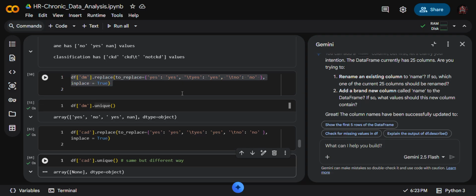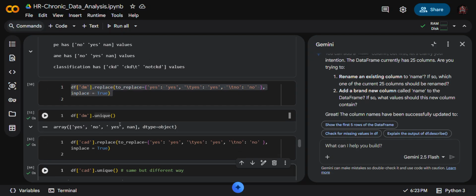Sometimes after your execution command, you have a different output.